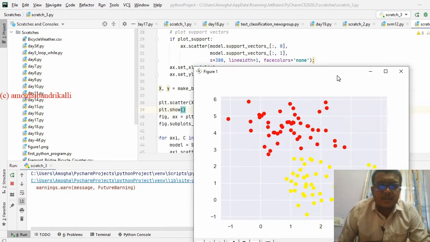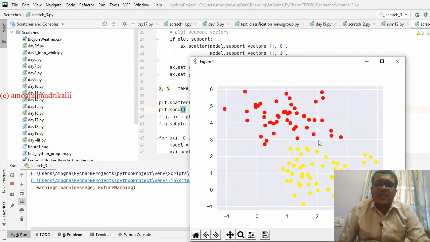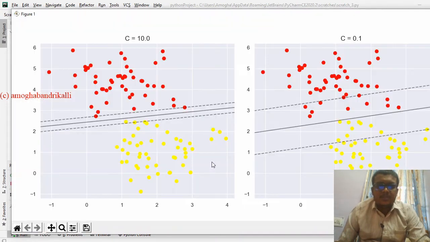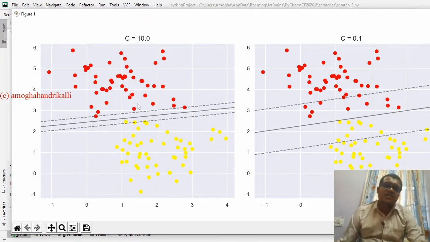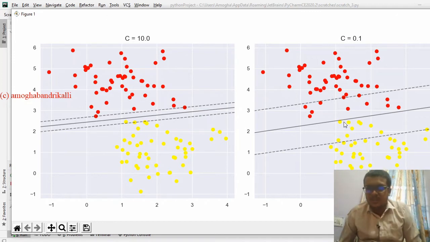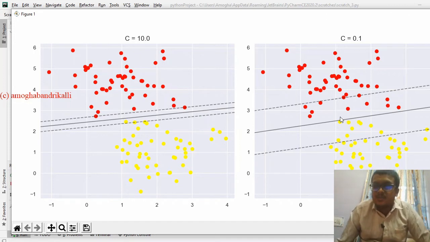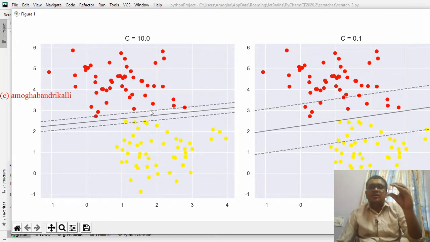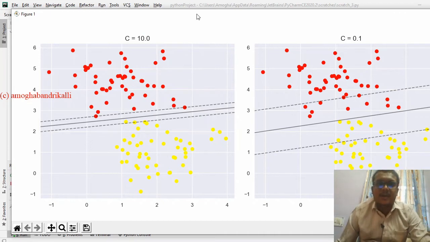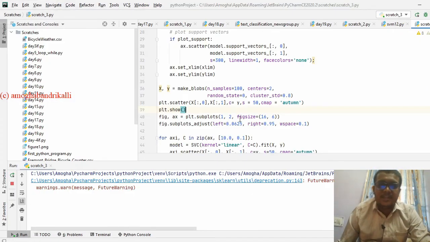So this is like almost having overlapping data. For this overlapping data, the soft margin is like this. The margin will be high, so data points have gone inside, and it may give some wrong results. For overlapping data, we need to tune the C parameter. The C value should be high to make a hard decision, or a hard margin. So this is like tuning the SVM.